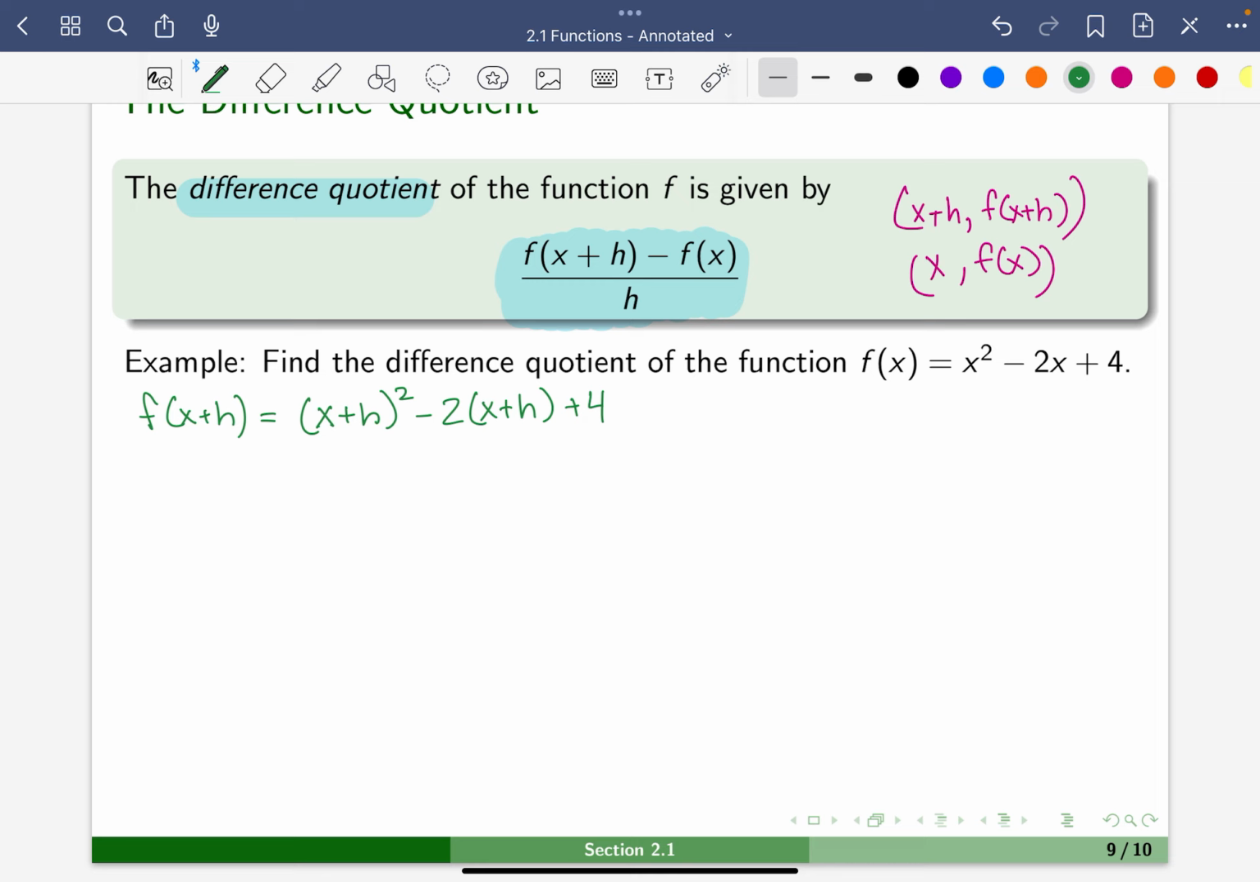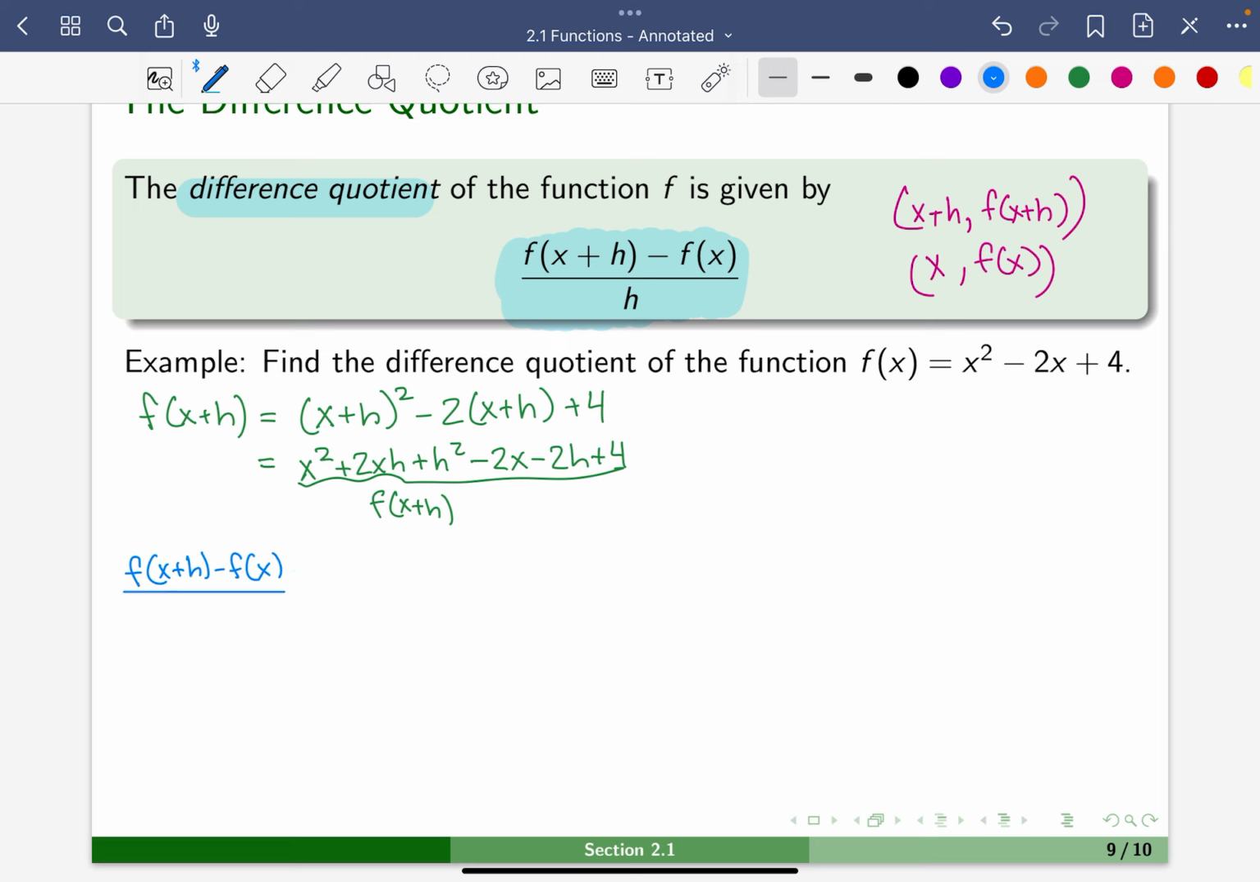And so x plus h quantity squared is x squared plus 2xh plus h squared minus 2 times x plus h. So that minus 2 gets distributed to the x and to the h. So that here, this is all f of x plus h. So that's the first step in finding this difference quotient. So now that we have f of x plus h, we are going to find our difference quotient, f of x plus h minus f of x